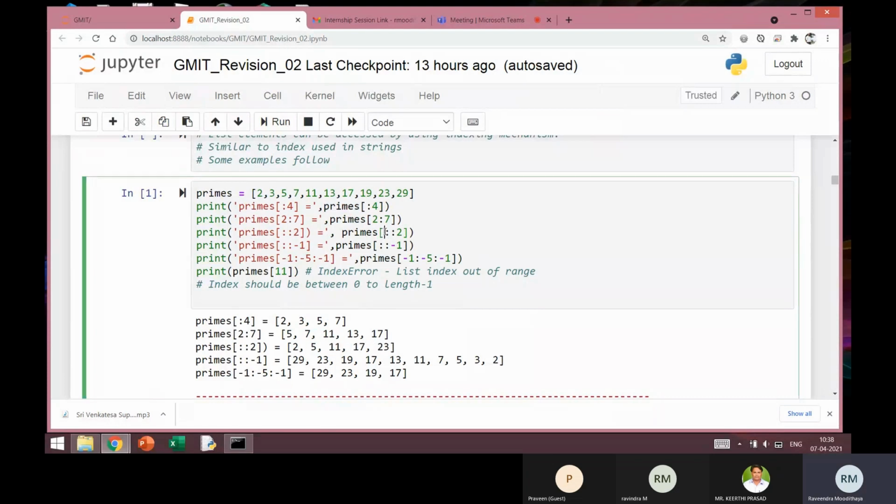Similarly, the next one, last but one, here ::-1. Now look at the number here, it is -1. So that means the increment is 1, but it has got a negative sign. That means we are starting from the end and going in the reverse direction.